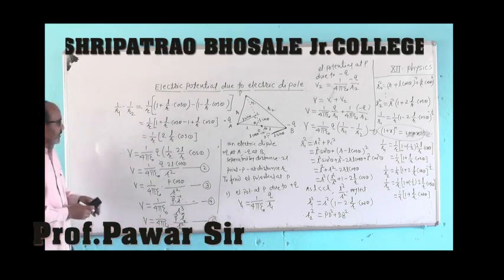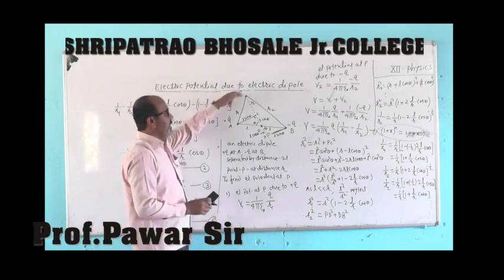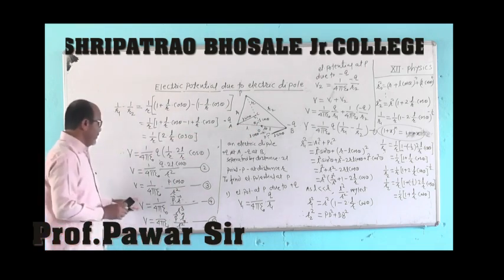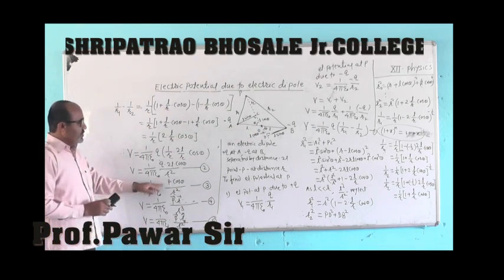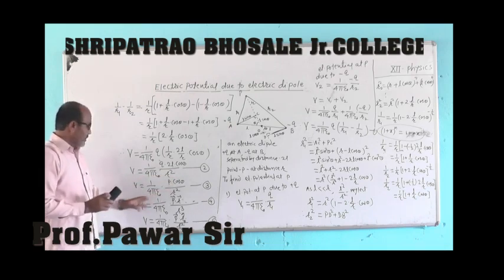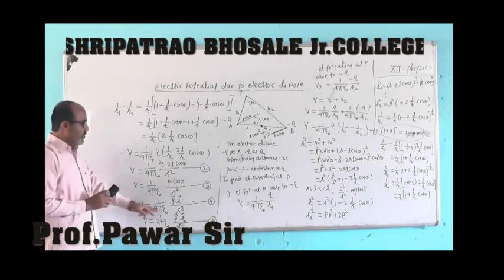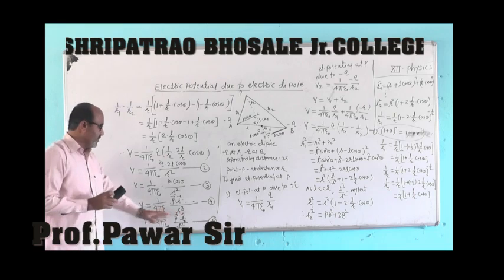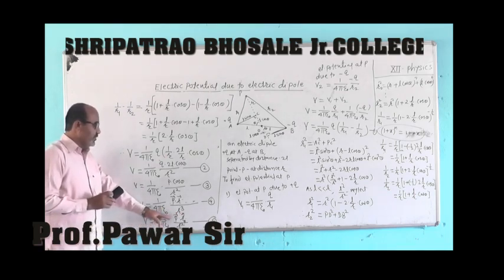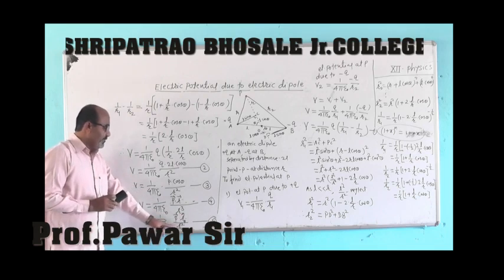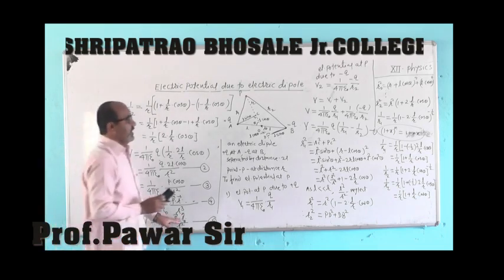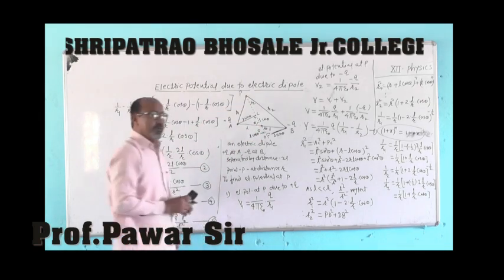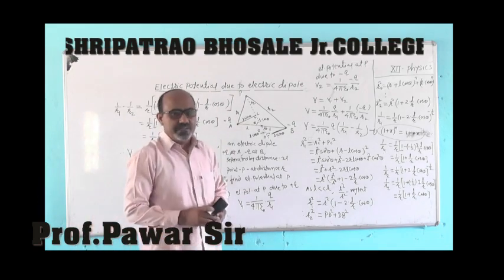So total electric potential at any point P due to both charges forming an electric dipole is V equal to 1 upon 4 pi epsilon 0 P cos theta divided by R square, or in vector form it is 1 upon 4 pi epsilon 0 P bar dot R bar divided by R cube, or in unit vector form V equal to 1 upon 4 pi epsilon 0 P bar dot R0 cap divided by R square, and R0 is unit vector derived from center of dipole to given point. So this is the expression for electric dipole.